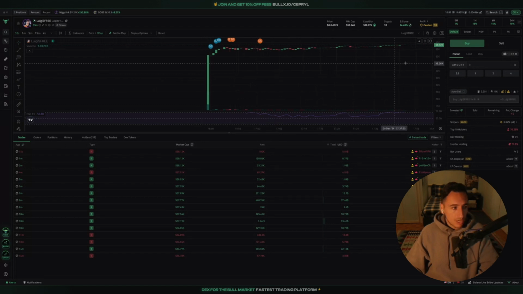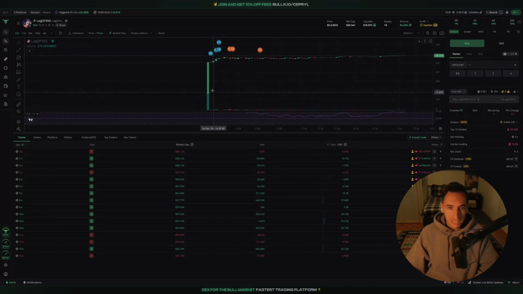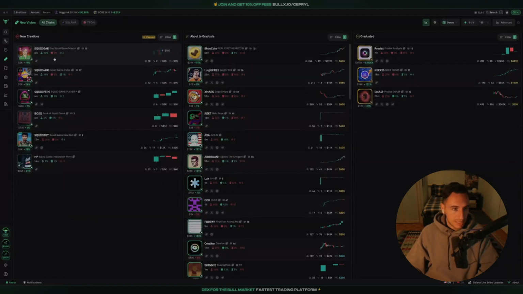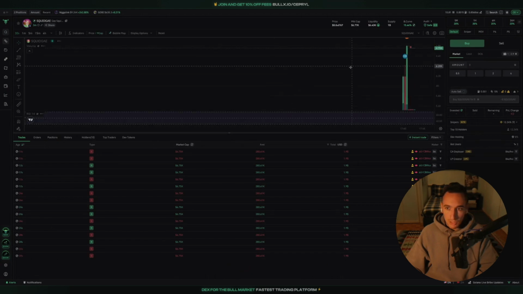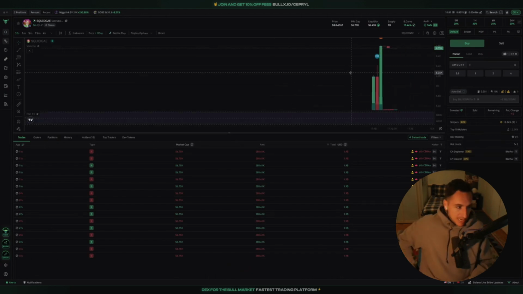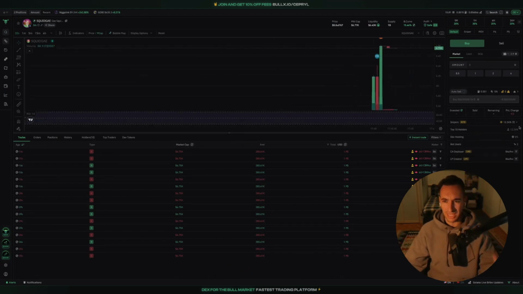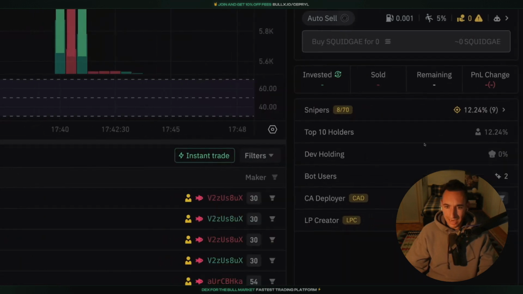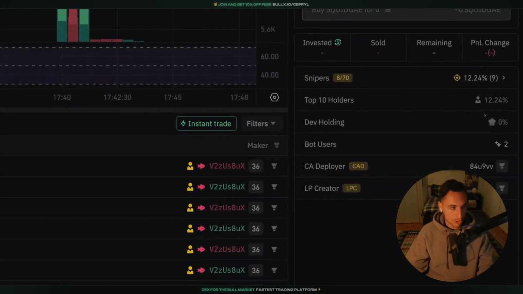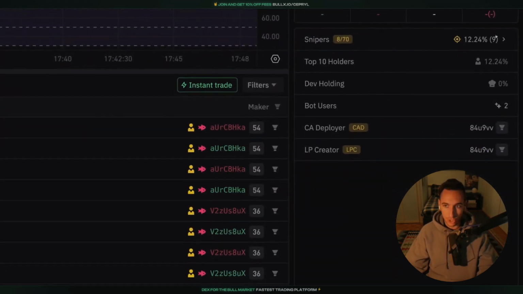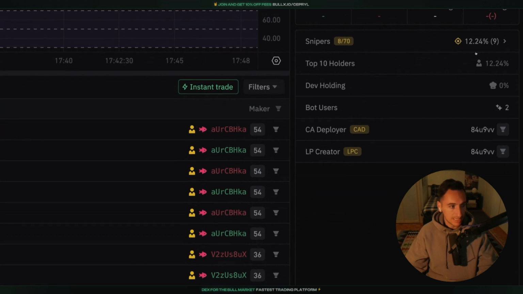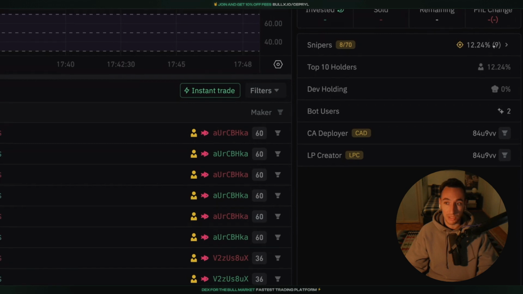Okay, so let's go here to a random meme coin. This is obviously a farm and a scam, so maybe let's take another one. But most of them are just going to be farms and scams, so whatever. I just need to show you the interface anyway. What I like about the Neo version is that you can see the percentage of snipers. In this project, there's 12% of snipers holding the project, which is very noticeable in my opinion,